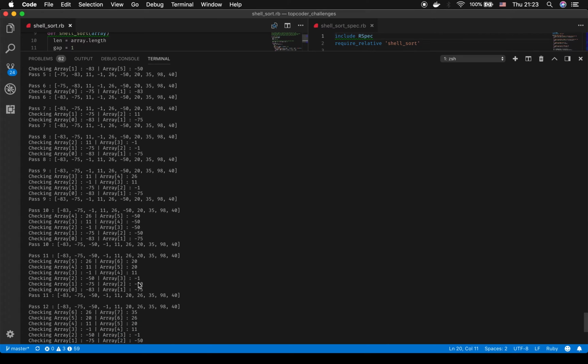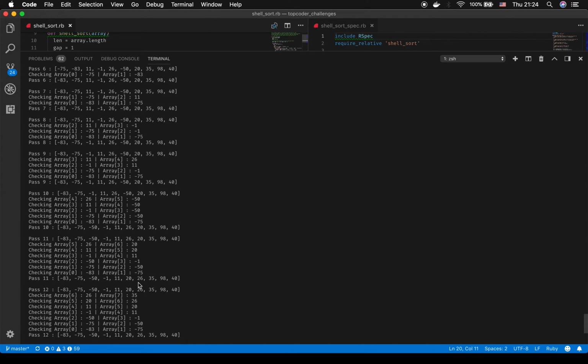So as you can see, just like insertion sort, once it starts sorting, everything to the left of that checkpoint is sorted. Everything to the right is in that unsorted subarray. Okay, and so at this point, we're basically doing an insertion sort. We're just checking those last two values in that sorted array versus the unsorted array, and then swapping them as we go through. Pass 11, again,